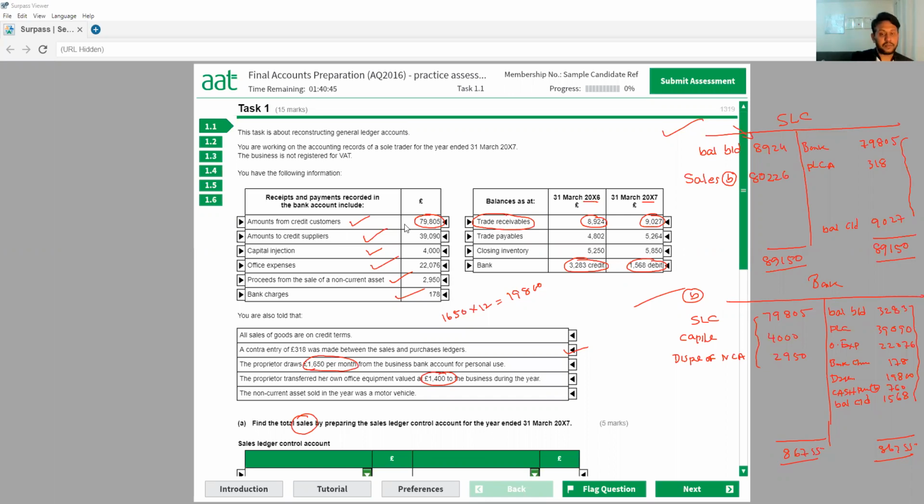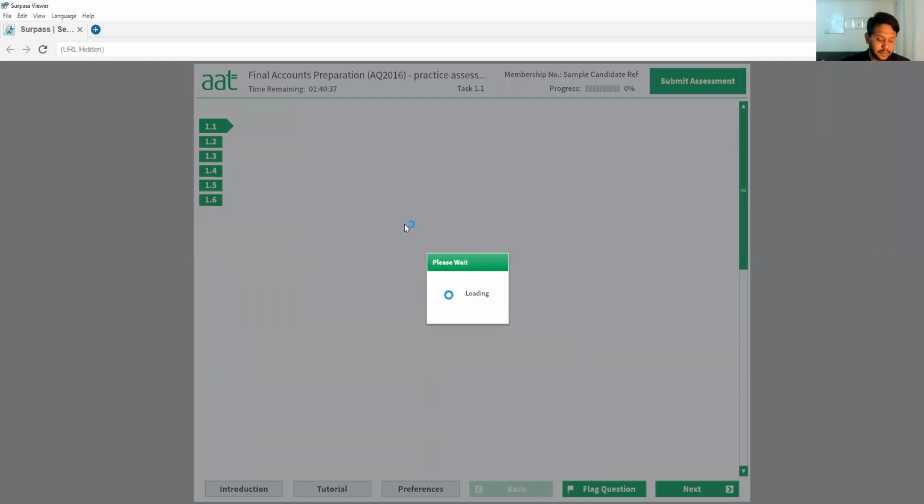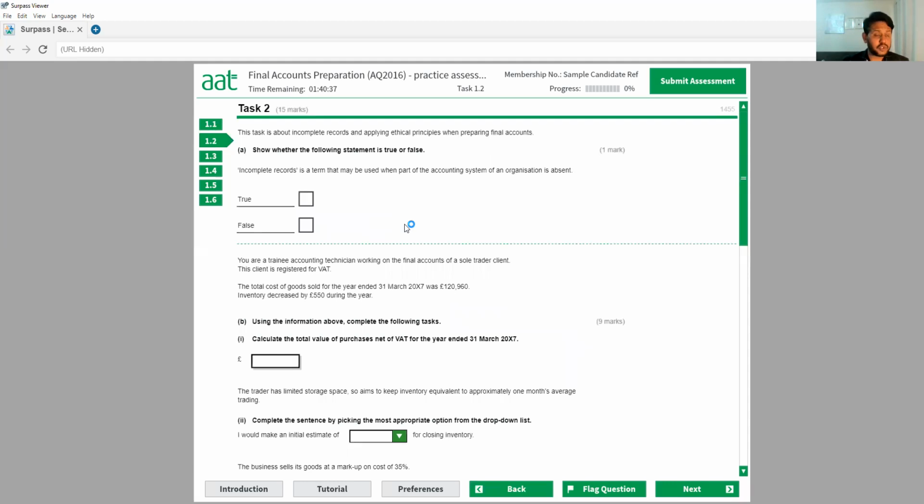And this task again will be from the incomplete records, as I said, but it will be most likely from the markup and margin and a little bit of short questions. So a mixture of short questions. Okay, let's have a look. The first one, this task is about incomplete records and